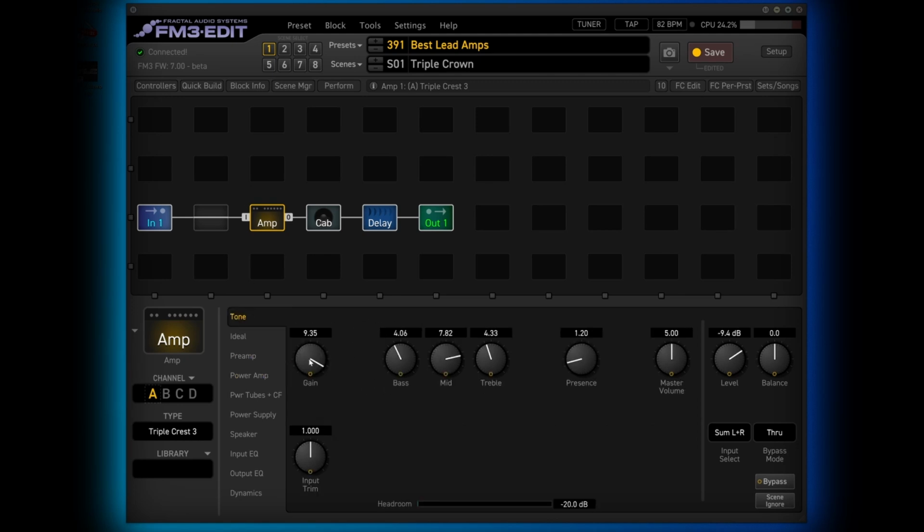So the settings here, I've got the gain up very high. In the manual it does suggest that the higher the gain goes, the lower the bass should be. But like with many Mesa Boogie amplifiers, as you get the gain up higher, it also says in the manual, these controls become somewhat less effective. It's got this lovely kind of liquid feel. The manual also suggests sort of starting